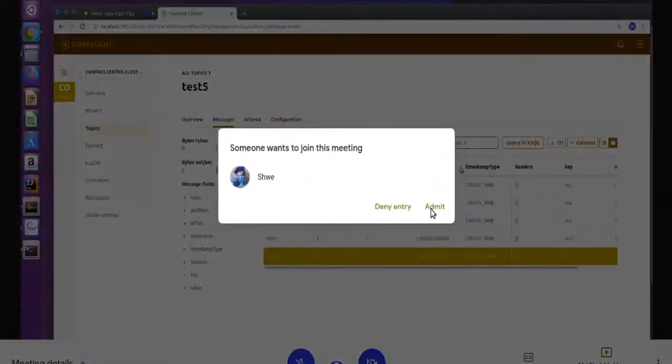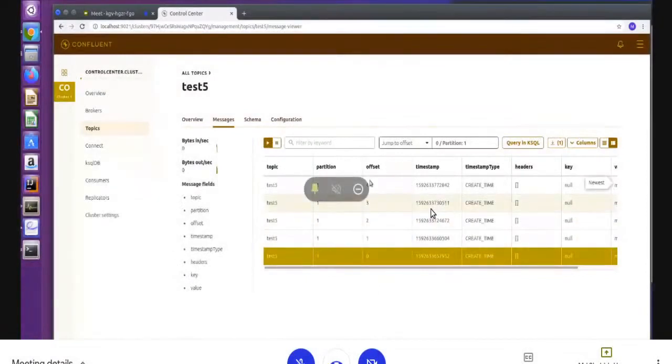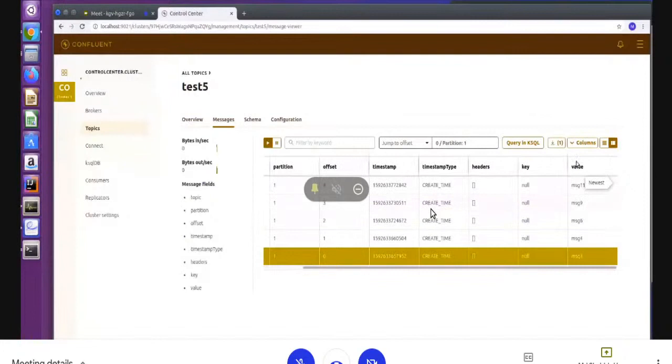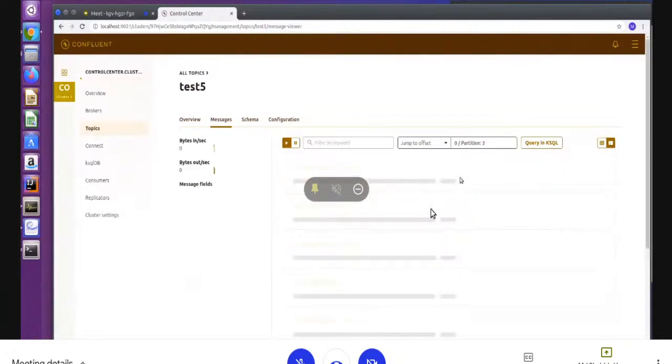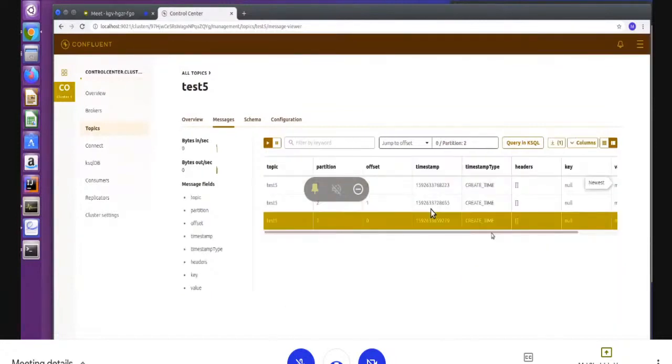Go to the other partitions and you will see here, in partition 1, we have 5 messages, and the offsets start from 0 to 4, and you will see the messages here. When we send messages, the producer writes some messages to partition 1, some to partition 2, some to partition 0, like this. So this is how I can explore our topics on the UI. I created it from the command line, and I can see the data from the UI.